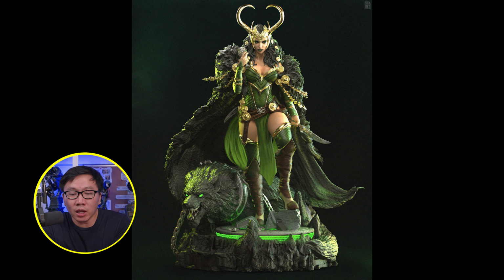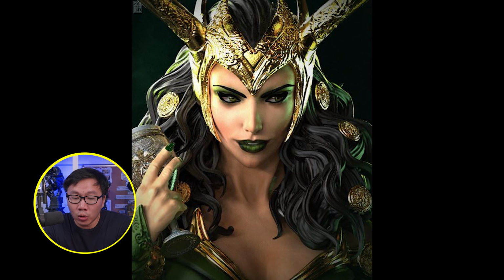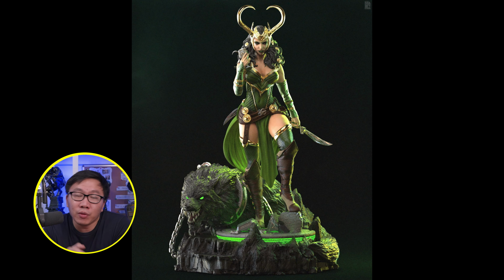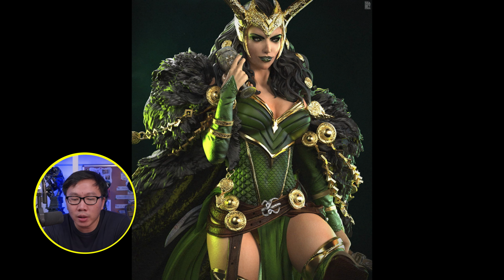So I have this Lady Loki on pre-order. No, this is not Sylvie from the Loki TV show. This is an actual Lady Loki from the comics. I don't know where that info came from, but I've read it from a comment on YouTube. Anyway, although the studio decided to add the Sylvie portrait later on, not that it's important, but I just pre-ordered